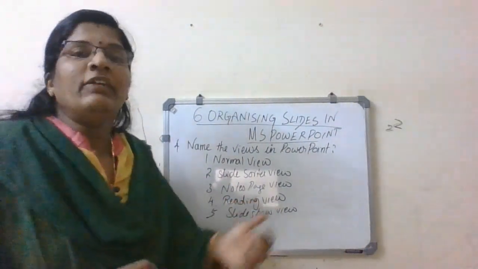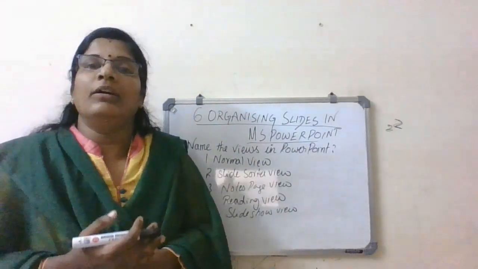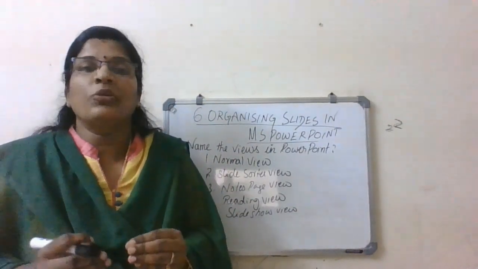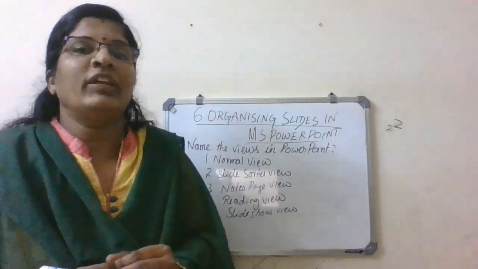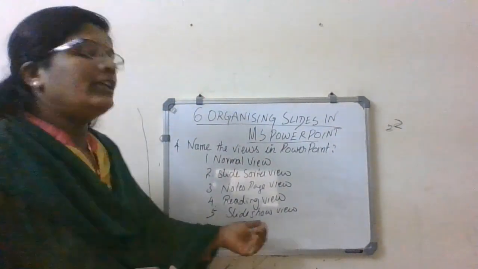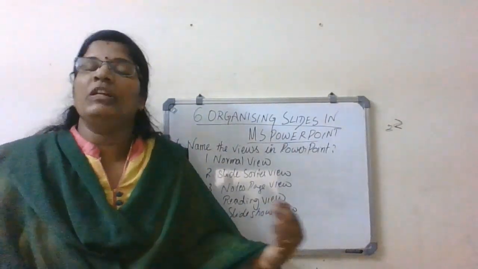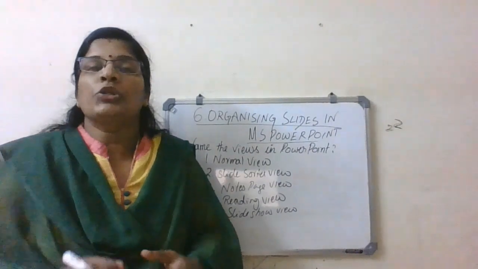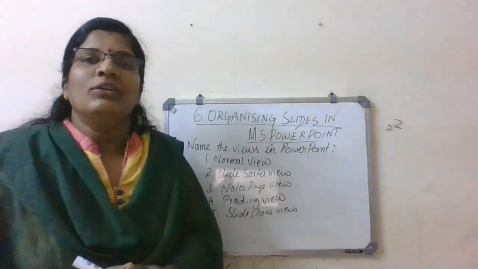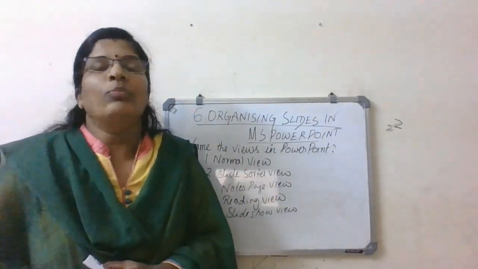Then Reading view. It is like, before running the presentation, you can do a testing of the presentation you have created, which has simple controls. Using that, you can make modifications to your slide. It's like a pre-testing. Then Slideshow view. To present your presentation to the audience, we use Slideshow view. It will show the slides in full screen. So these are the views. If you have written fully correct, give 2 marks, otherwise give 1 mark.